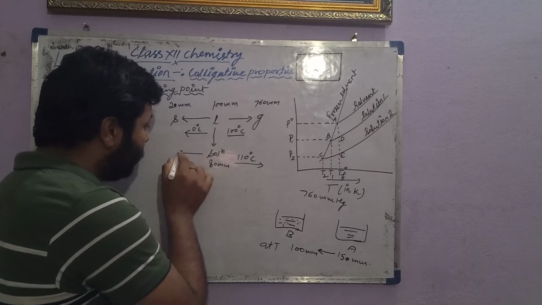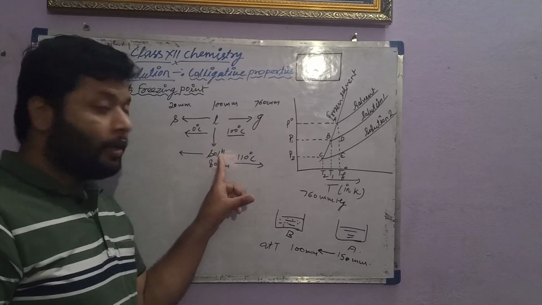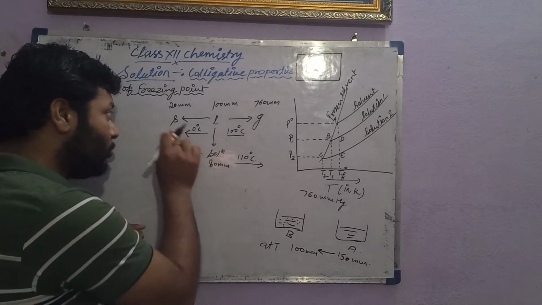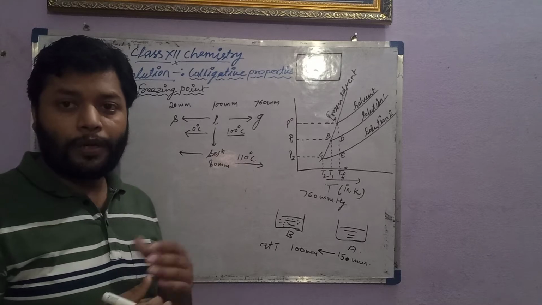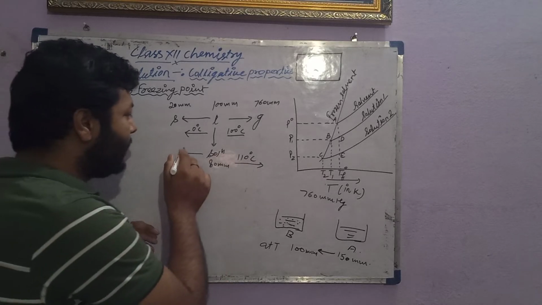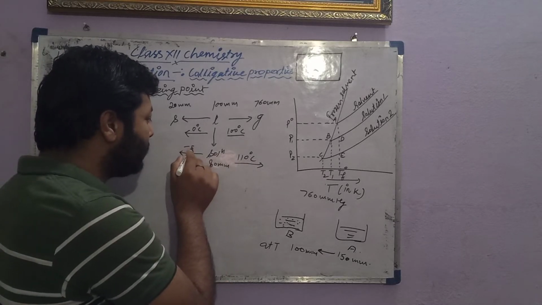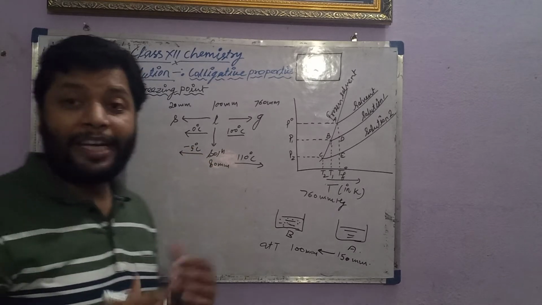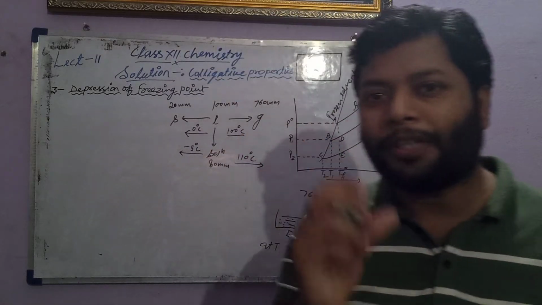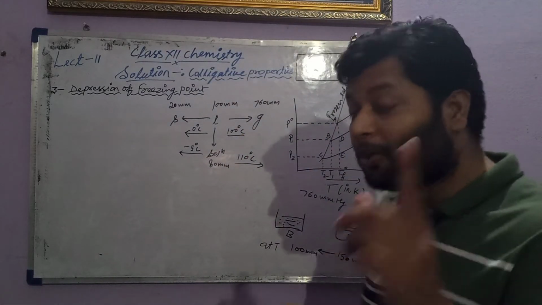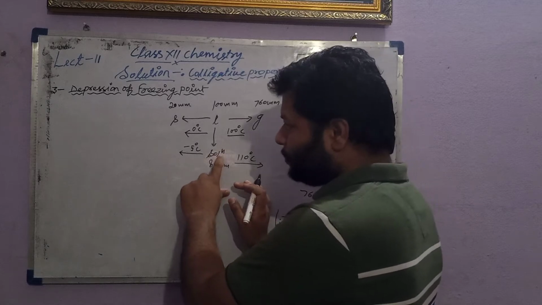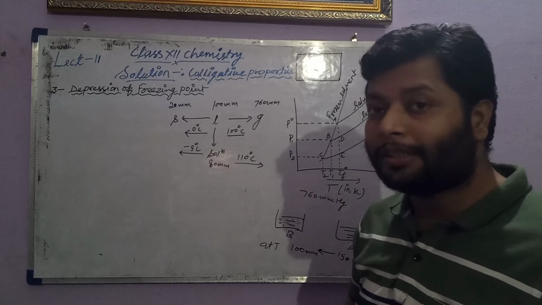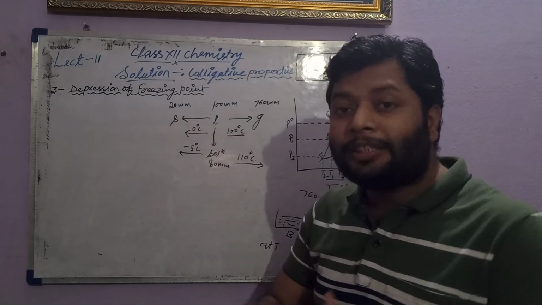And that is why when a solution already having a non-volatile solute tries to convert into the solid, there must be required some low temperature, suppose like -5 degrees Celsius. So some low temperature is required because the solution has to cover a low distance. So the liquid will easily solidify.